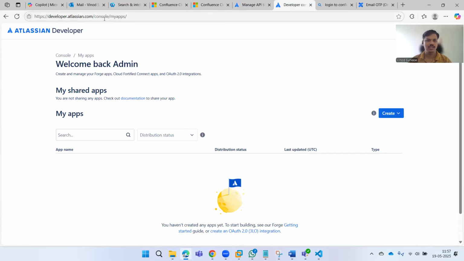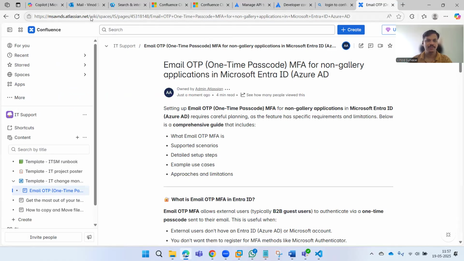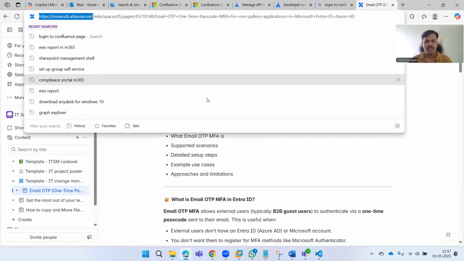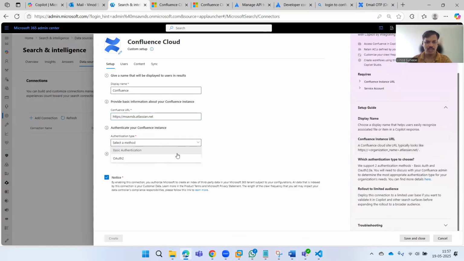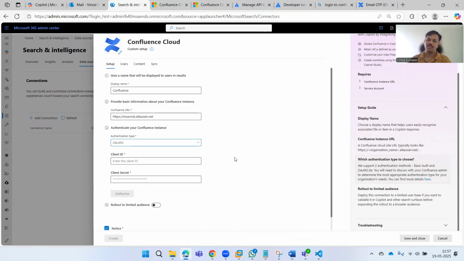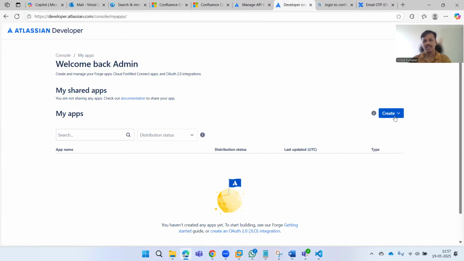So I'm on the Confluence Cloud URL over here, and then I'll just copy this URL, and once we are back, I'll just paste it here. You can see that once we put the URL, we have two options to select. If I select the OAuth 2, we need to provide client ID and client secret, right? So we will get that ID and data from the application. So now we need to create that from the developer console over here. So there's an option for us, which is Forge app and OAuth 2.0 integration. So I'm going to select the second option and then